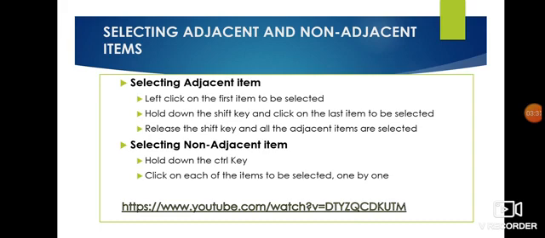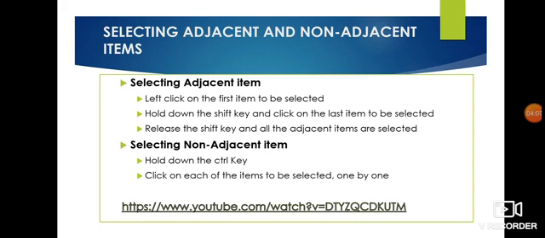How? First select the first item, and then hold down your shift button. The shift button is available on your keyboard. Then, while holding the shift key, click on the last item. After clicking on the last item while holding the shift key, all 50 pictures will be selected.